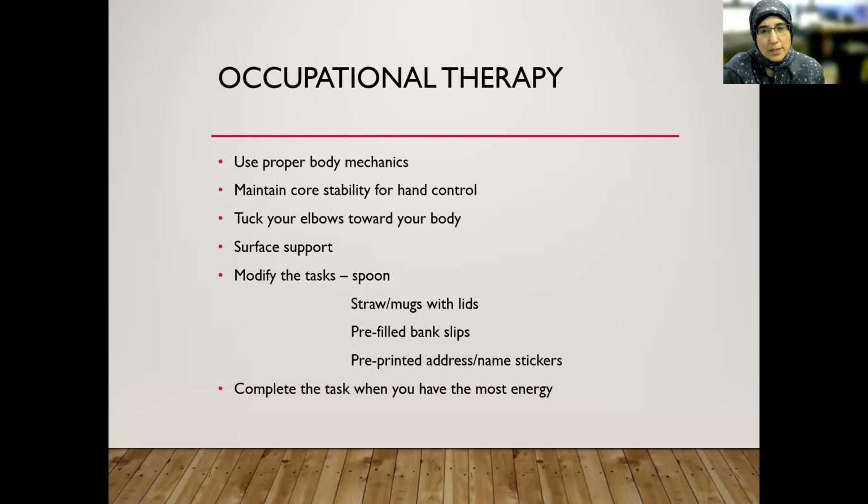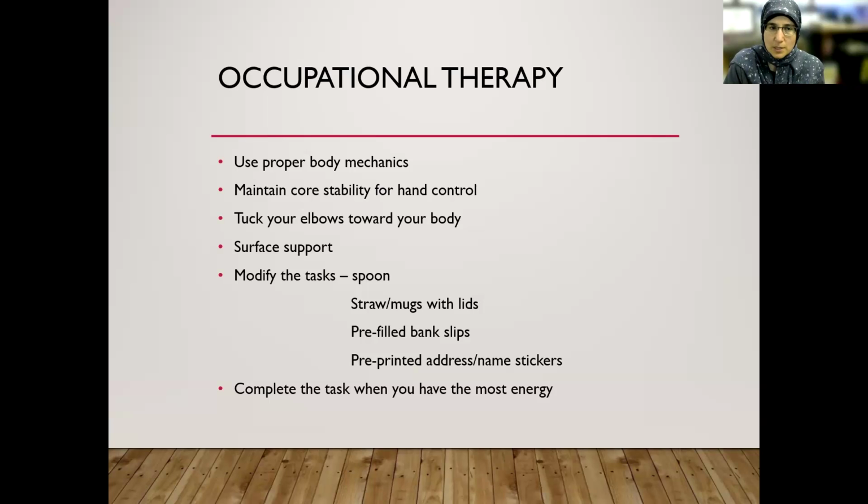So occupational therapy is something that can help a lot because they can teach different adaptive techniques to overcome the tremor. And they can also provide different adaptive utensils that can be used if somebody has shaking. So what they teach is that an individual should use proper body mechanics. There should be core stability when somebody is doing something while using their hands. And as I mentioned, tucking the elbows inside toward the body, they give stability to the arms and the shaking